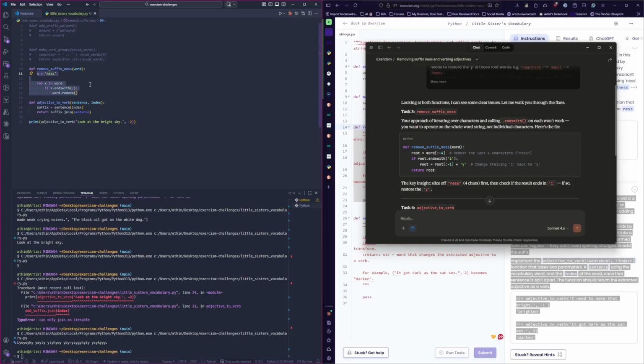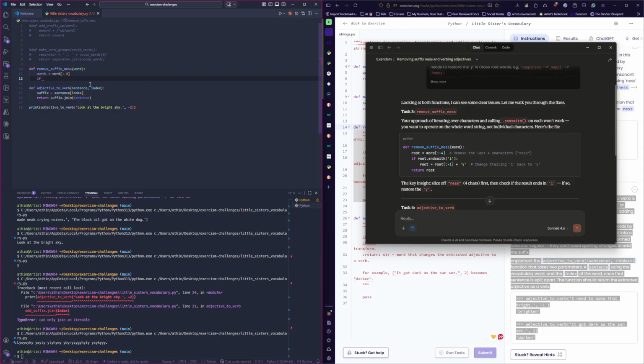Let's call this, I know it's not the best word, but so we're removing the last 4 characters off the word. And if I'm not mistaken,